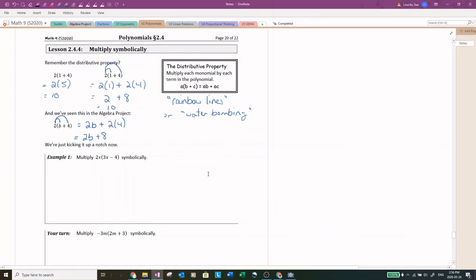All right. So now we're going to look at multiplying polynomials where how do I show 2x of something? I can't do this on the camera because what does 2x of something look like? I don't know what x is, so I don't know how many pieces of paper I need. But because we're doing this symbolically now, I can just do the same thing. I can just do my rainbow lines, and this is 2x times 3x